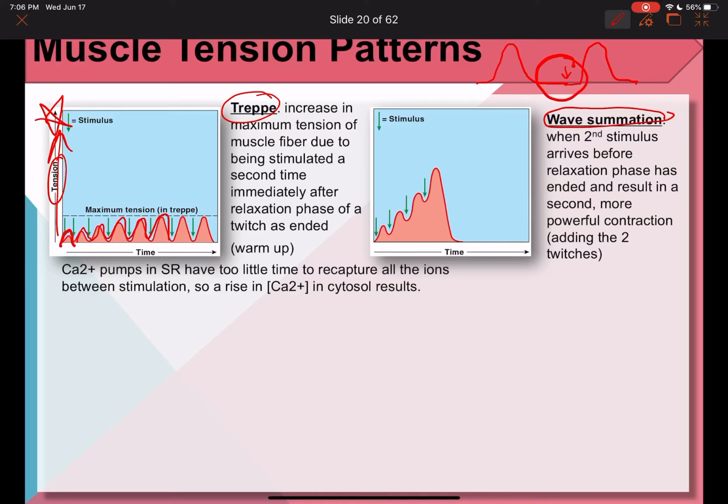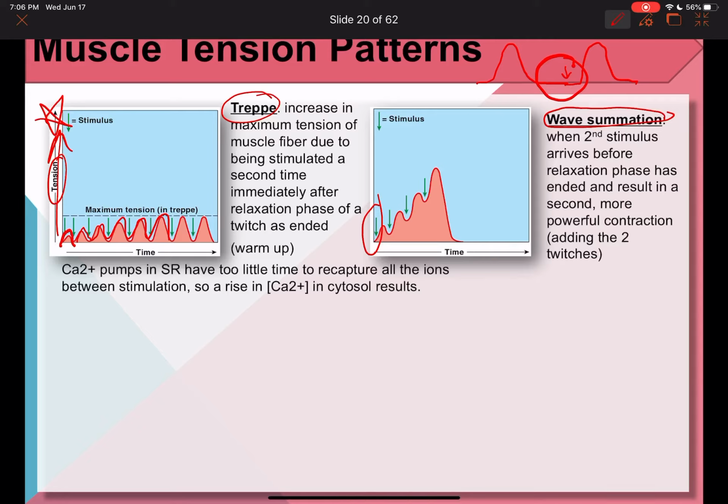What happens here is that you have your first stimulus on your first cycle, and the muscle fiber contracts. But before it can even relax fully, a second stimulus comes in signaling contraction. So it ends up being added to the tension power of the two twitches. And this can go on and on and on to produce an overall more powerful tension that allows us to